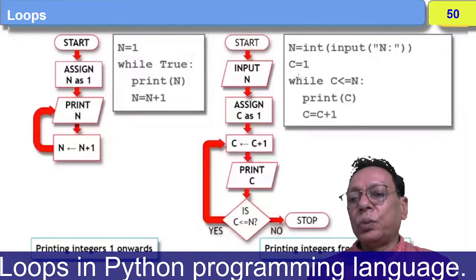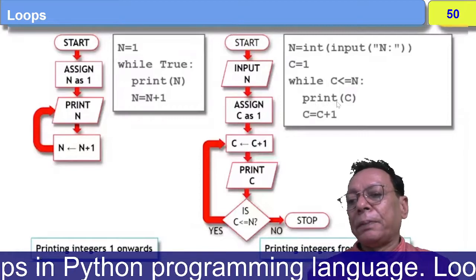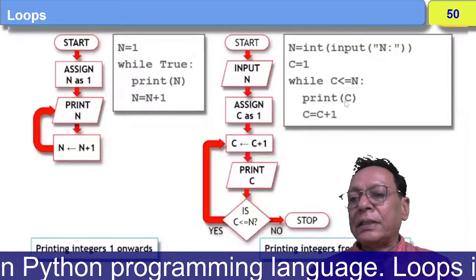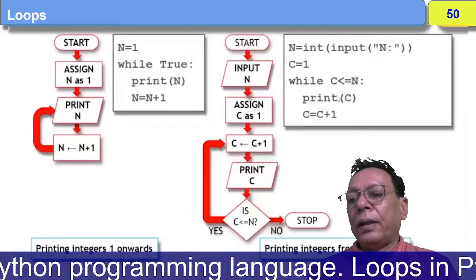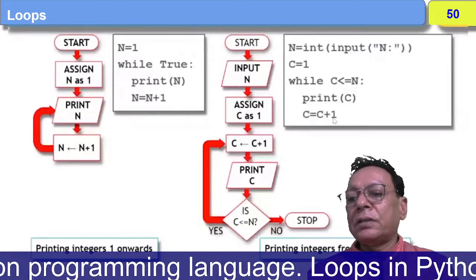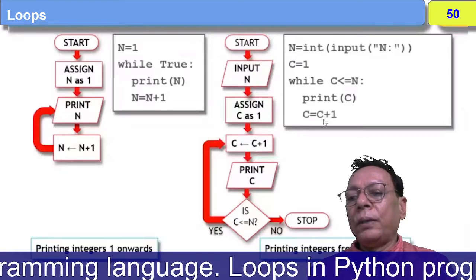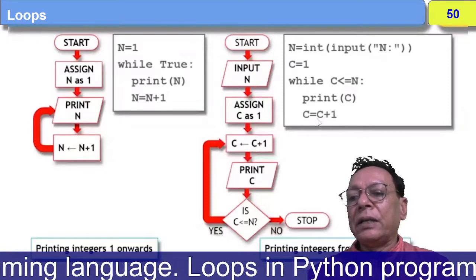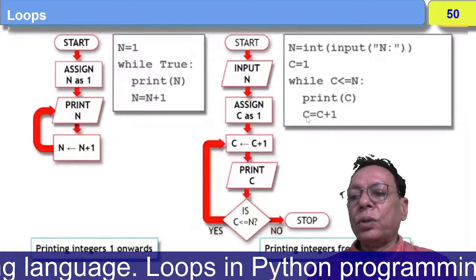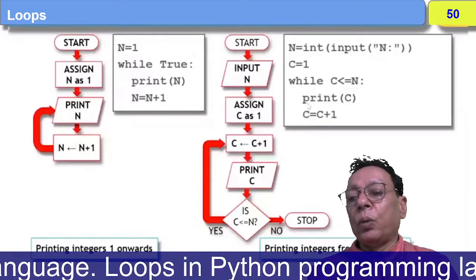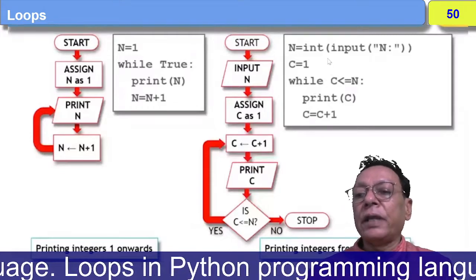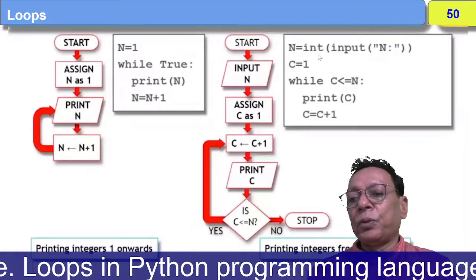So since c is 1, when you say print c, it prints 1, and in the next step c is being updated, so c gets c plus 1, c is incremented by 1, so c holds 2 now. And what is the value of n? This is the input by the user. So suppose this is